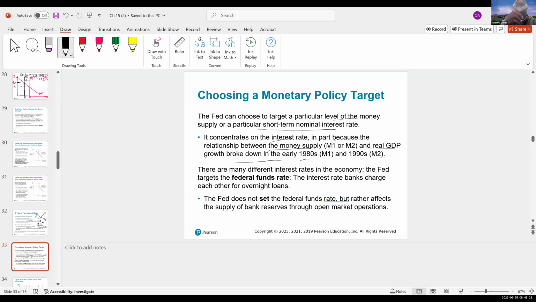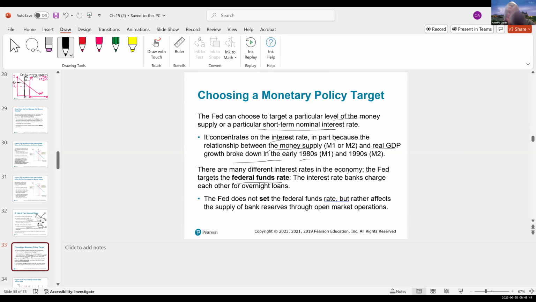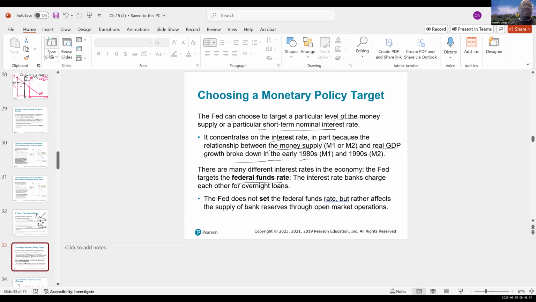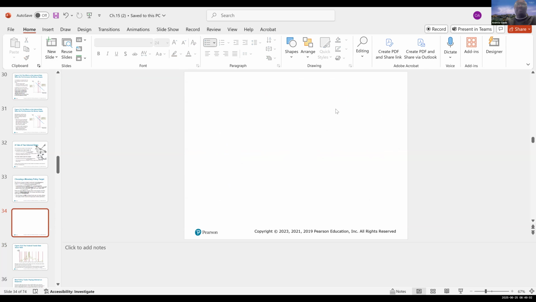So there are many different interest rates in the economy. The Fed targets the federal funds rate. So the interest rate that the Federal Reserve targets is not this interest rate that we're talking about here. But we know that when the interest rate that the Fed targets changes or decreases, all other market interest rates are going to go in the same direction. First of all, what is the federal funds rate? We talked about this earlier on. The federal funds rate is the interest rate that banks, private banks, charge each other when they loan each other money. So the Federal Reserve